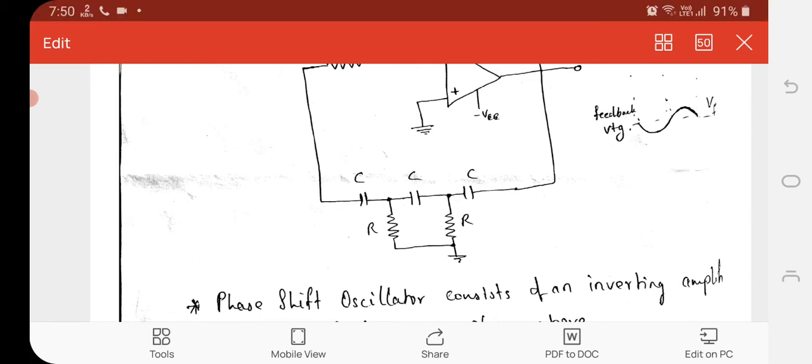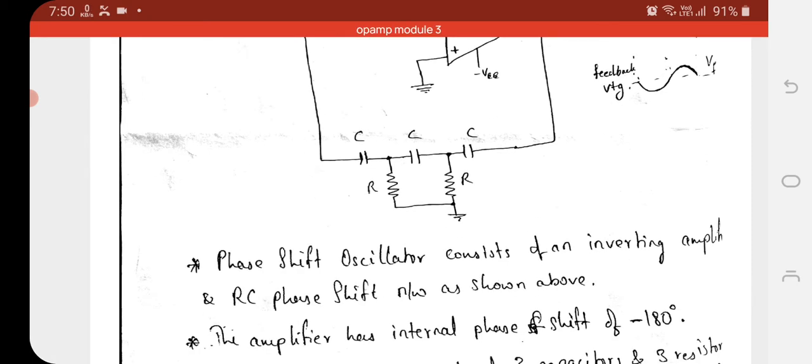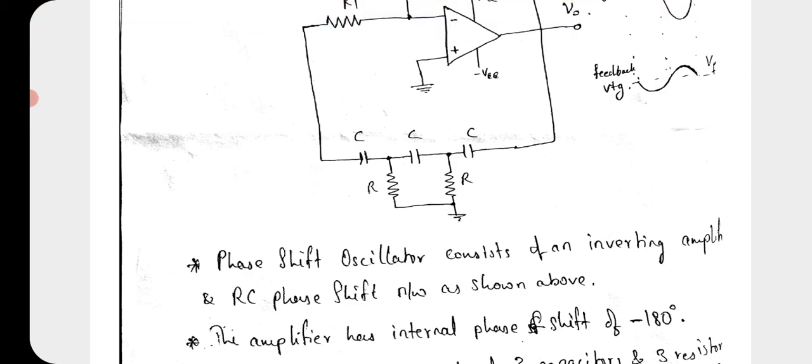Now you should increase your gain in such a way that minus 29 should become plus 29. If you increase your gain to plus 29, then that attenuation will be cancelled with your gain and your gain will become at least equal to 1 or above 1. So your gain must be sufficient to cancel out that attenuation, okay, the attenuation which is contributed by this RC network.